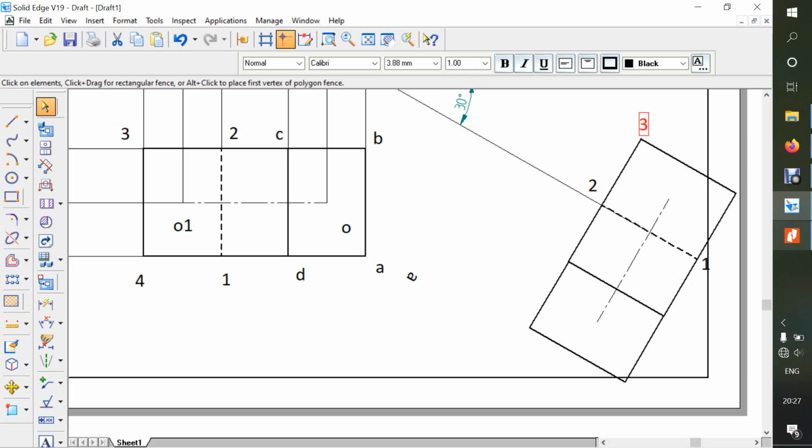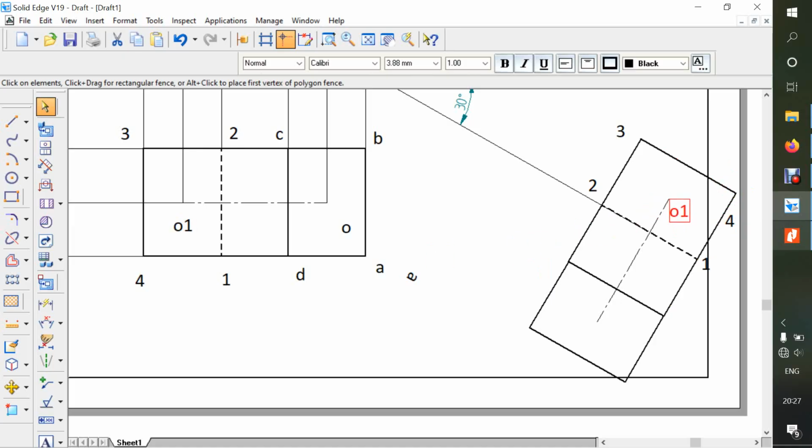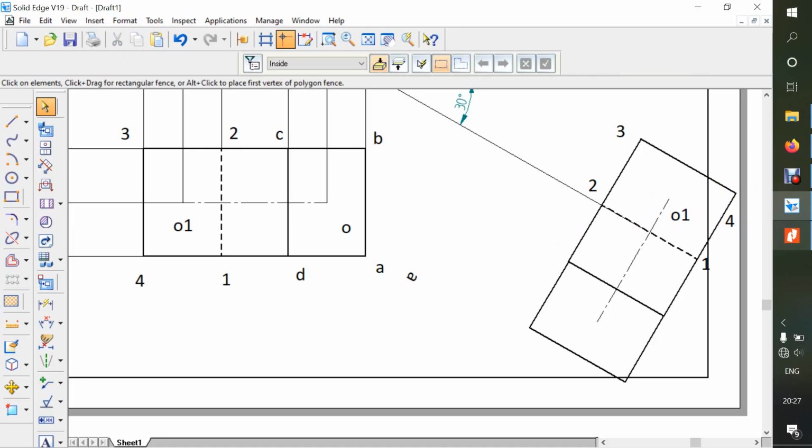So this is my 3. So this is my 4. Okay, so corresponding to that one, O1. So next 1 and 4.